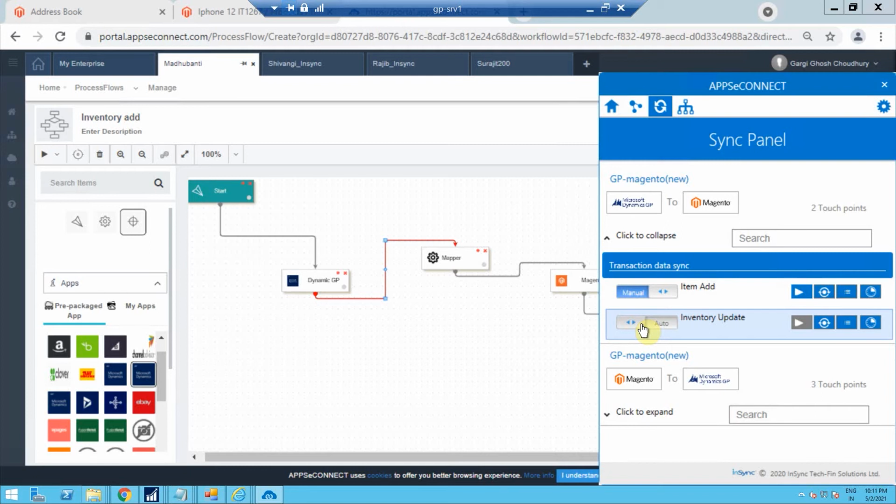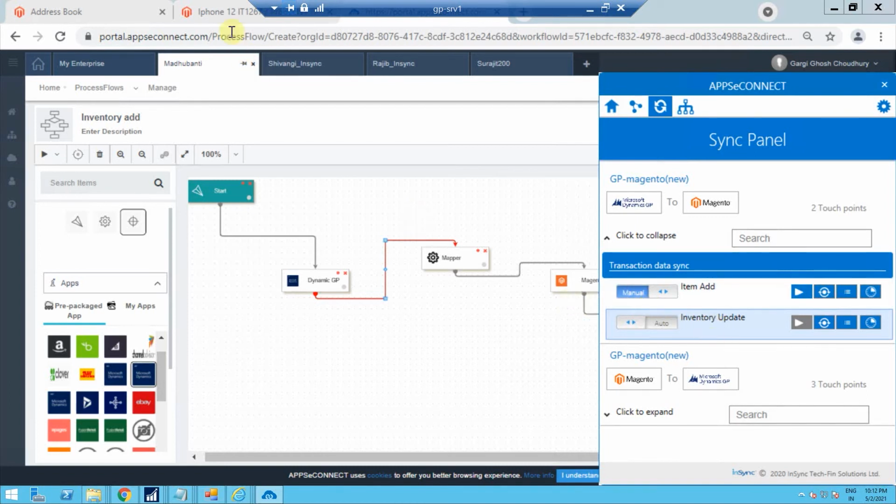With this inventory update, we can also create item update details. In future, if a few details are updated in one direction, we can do the update from GP to Magento side also. But for that we need one more integration point, that will be item update. As of now I have configured the item add and inventory update, but if you want to update any details for an item, in that case we have to create one more integration point, that will be item update. And that can be done, and it can be bidirectional as well. Either you can choose the Magento to GP direction for updating the details, or you can choose the GP to Magento direction. Okay,